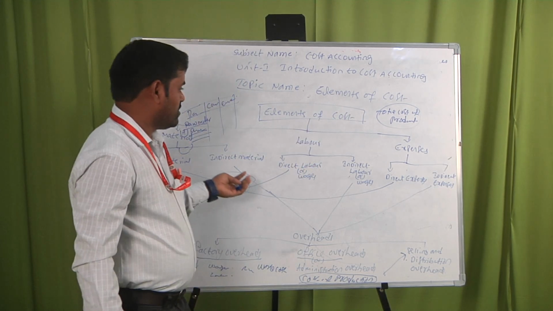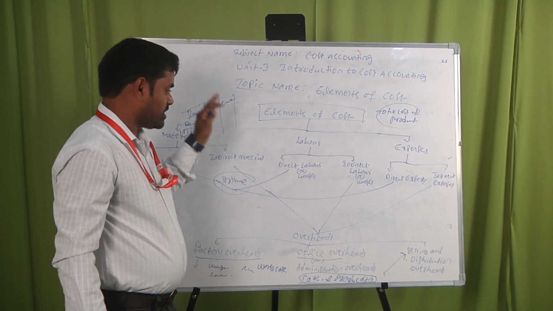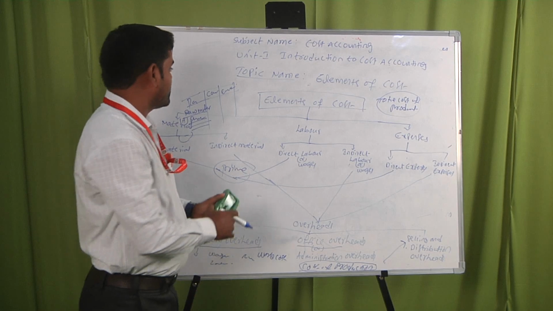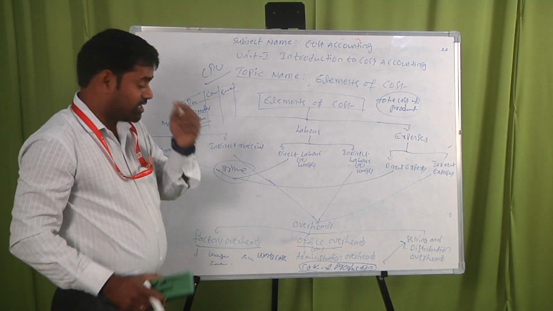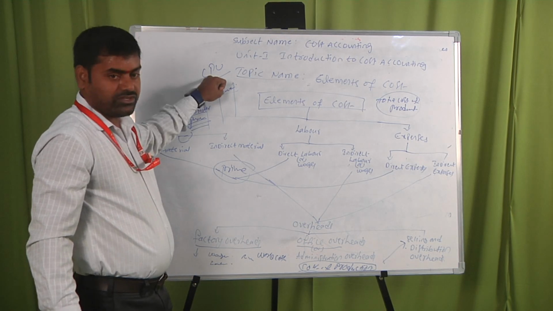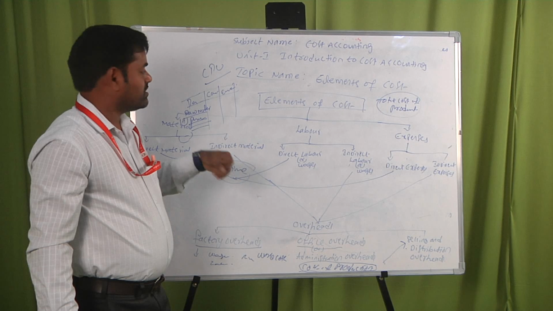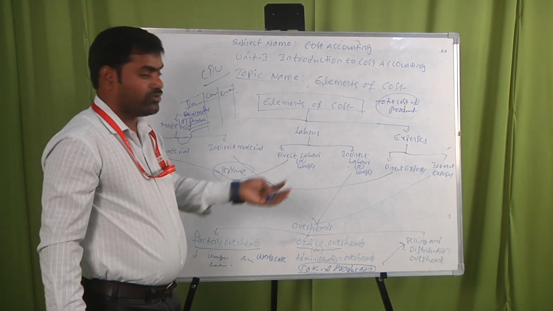Next class, we will see how to prepare the statement of cost sheet and what items are included in the cost sheet. How do you calculate the cost per unit? For what purpose do we estimate the cost sheet? Especially you need the cost per unit. Once we know one single unit cost, it is multiplied by the number of units applicable.